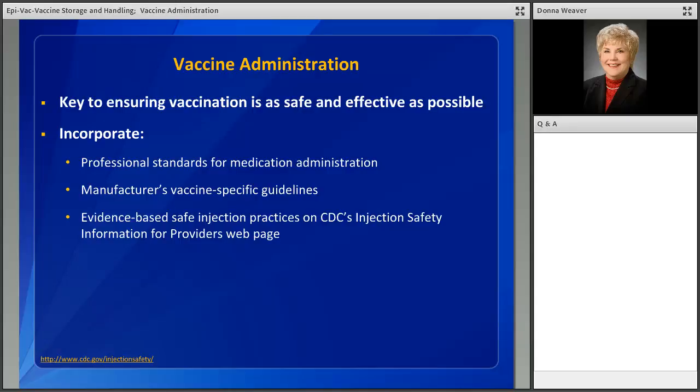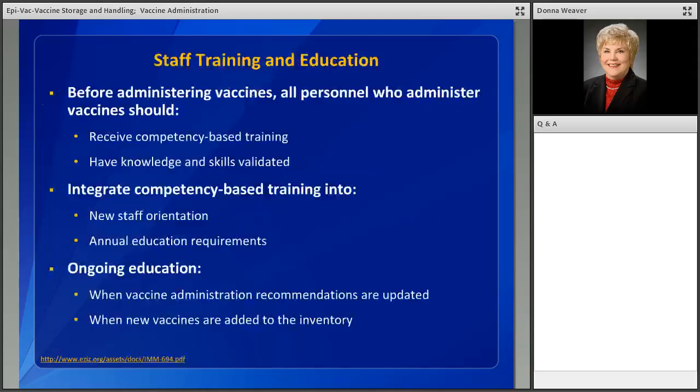Vaccinators should follow professional standards for medication administration and the guidance provided by the vaccine manufacturers. CDC also has a website for providers on evidence-based safe injection practices, and the link to this website is included on the slide. Improper administration of vaccines can prevent the vaccines from providing optimal protection and may even lead to adverse reactions and